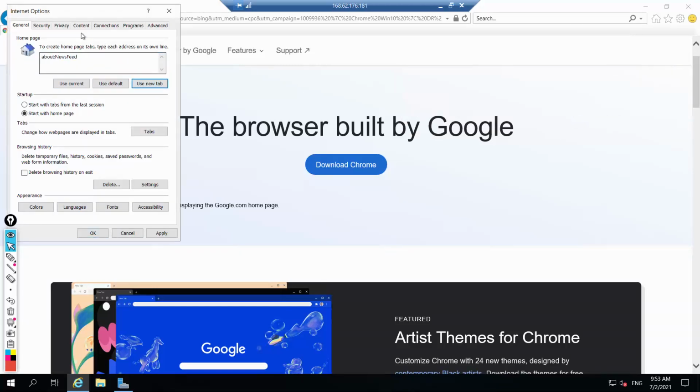Maybe I need to change the default security options.